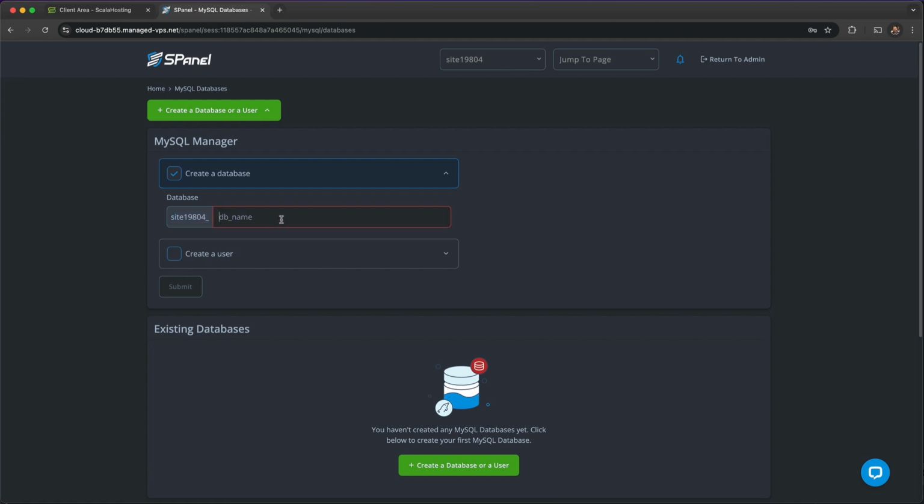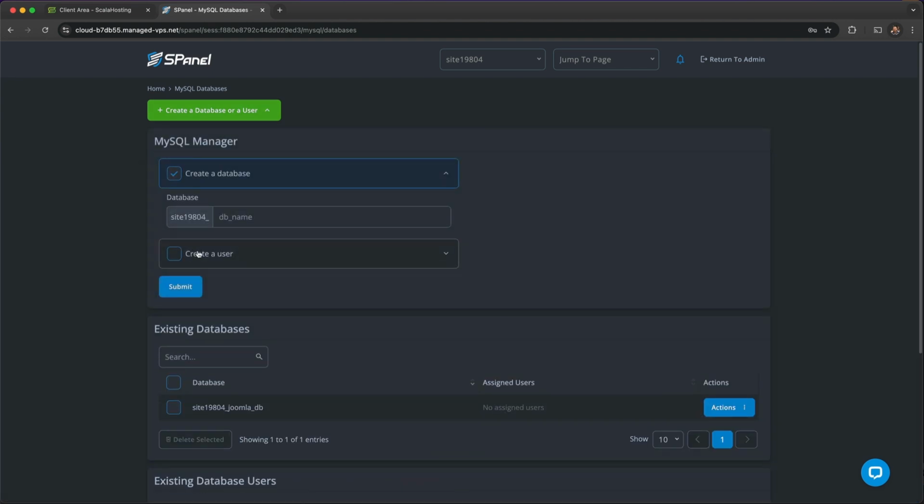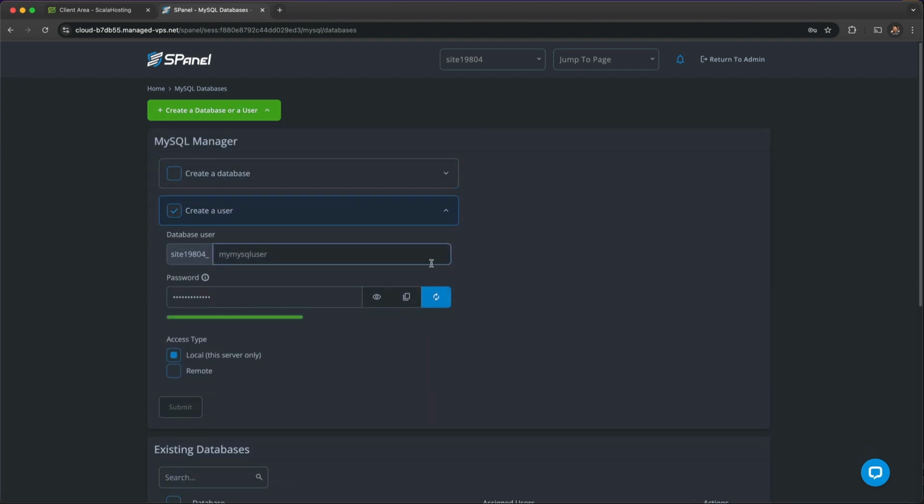And here we're going to create Joomla as our first database right there. You really can name this whatever you want, but you do need to remember what you called the database. So let's go ahead and submit. And there is your first database. Now I need to create a user for these databases. So let's go ahead and create a user